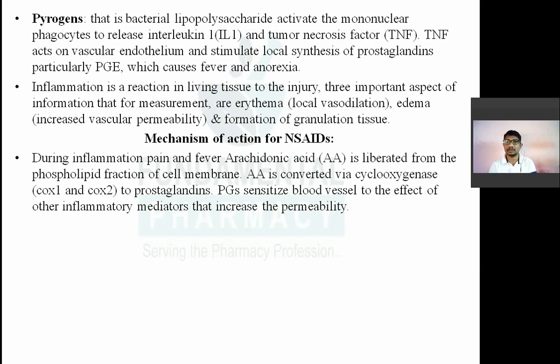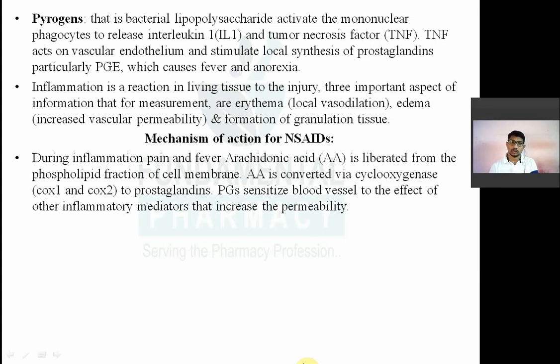It is nothing but a semi-essential fatty acid. You might have read in biochemistry, semi-essential fatty acid, 20 carbon atom arachidonic acid. Now that arachidonic acid is sequentially converted into different chemicals like prostaglandins, thromboxane, leukotrienes, etc. Those chemicals are responsible for the pain, inflammation, pyrexia, bronchoconstriction, etc. This arachidonic acid is converted into prostaglandin by the enzyme known as